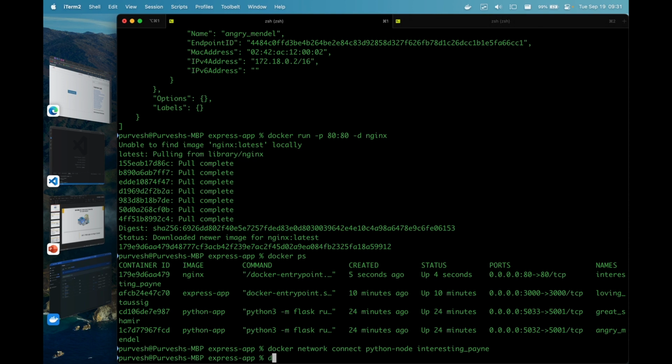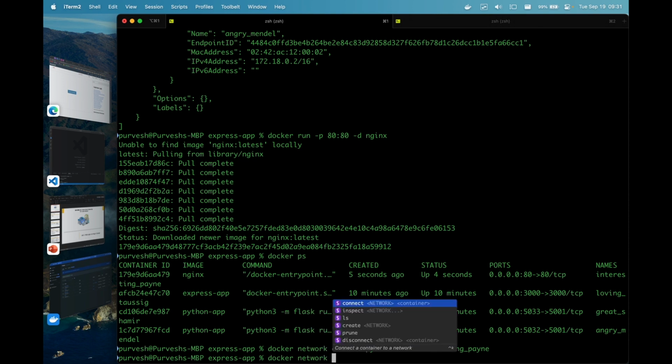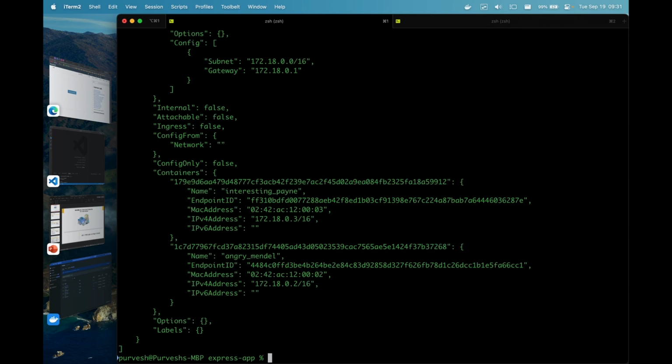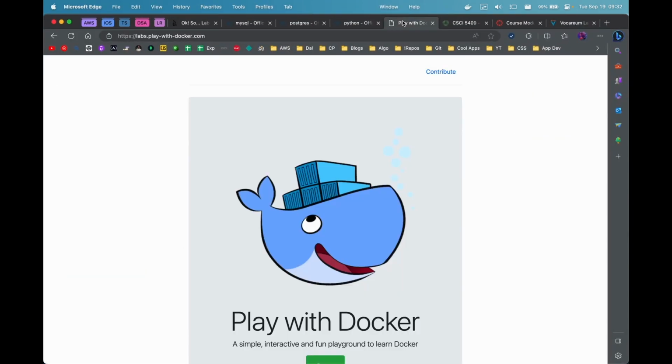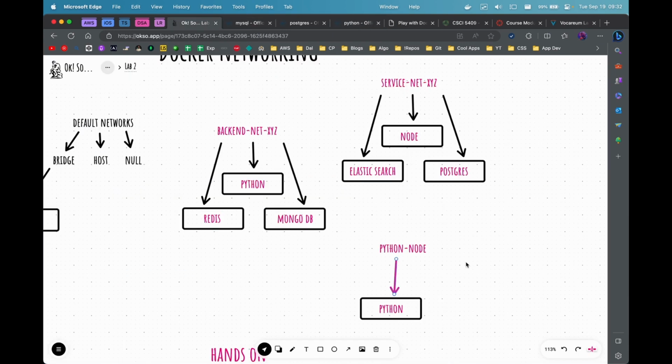So now if I do docker network inspect python-node, there are 2 containers now inside my network, not Nginx, the network. We have 2 containers, right? So when you have separate